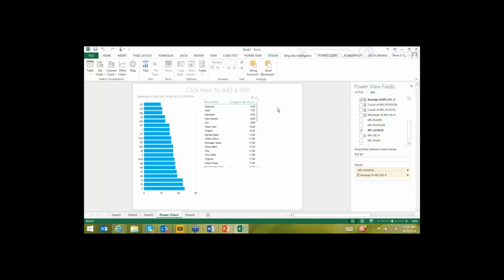Oh, Kentucky. Let's find the count, though, because this is the average selected. Now let's go to the count of the NFL positions. That'll work. Yeah, any of those counts will work fine. So if you're sorting by the position, Kentucky's winning. If you click by the number of times they've been drafted, it looks like, there you go,